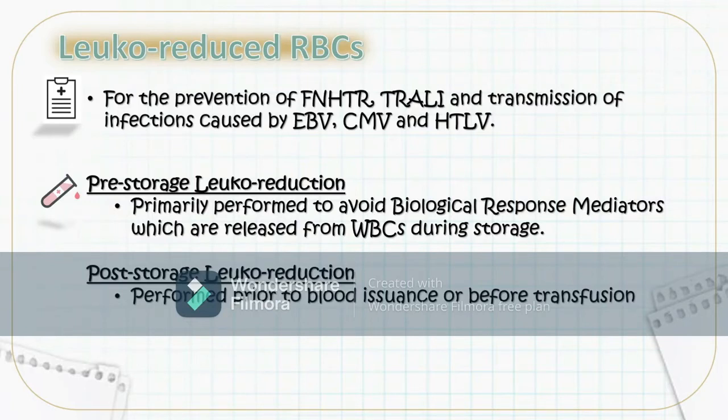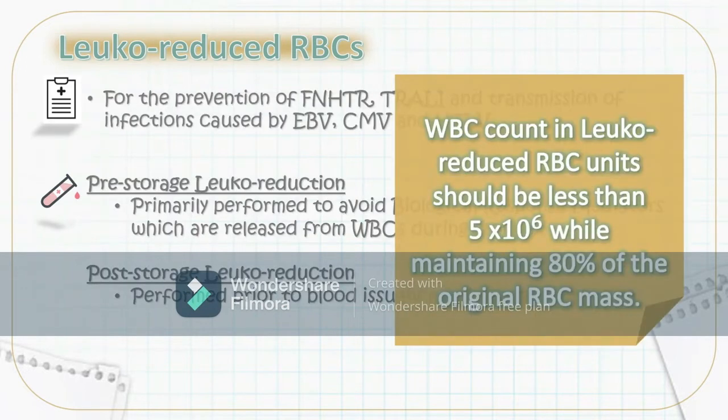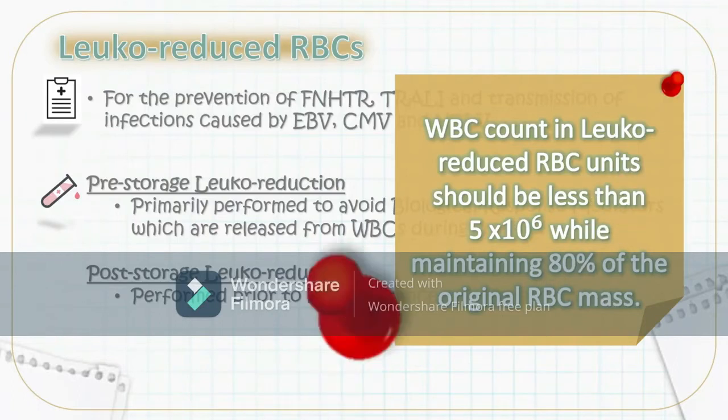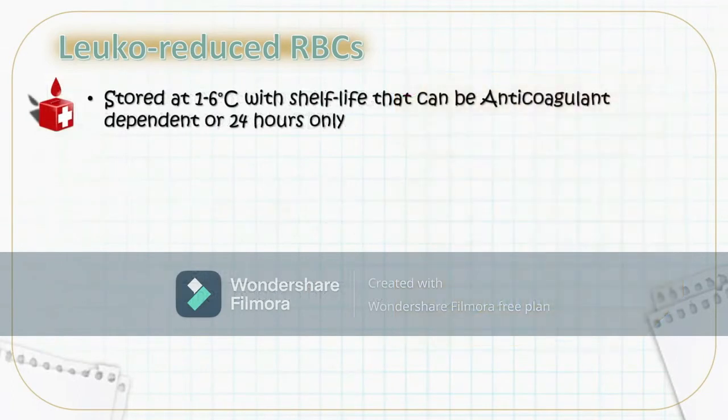Now, for quality control of leuko-reduced packed red blood cell unit, the WBC count should be less than 5 times 10 raised to the 6th while maintaining 80% of the original red blood cell mass. So this is possible since we have mentioned that the filters only trap your leukocytes and platelets and again allow the retention of most red blood cells. For storage, your leuko-reduced red blood cell is still stored at refrigerator temperature, approximately 1 to 6 degrees Celsius, with shelf life that can be anticoagulant dependent or within 24 hours only, particularly if it has been exposed to